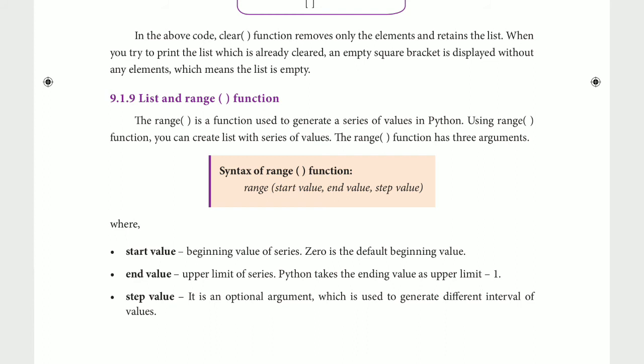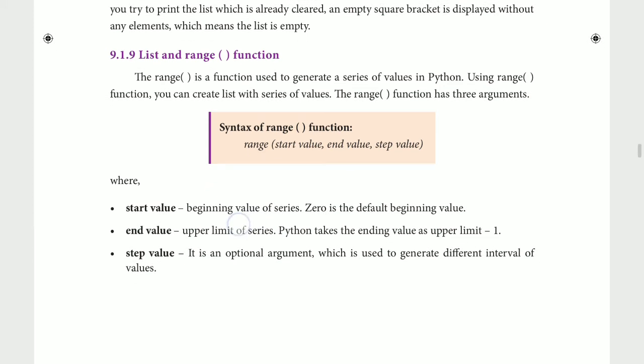Beginning value of the series 0 is the default beginning value. End value is the upper limit of the series. Python takes the end value as the upper limit, minus 1. In negative indexing you can see that -1 is the upper limit, but the end value will be taken as the value for this argument.